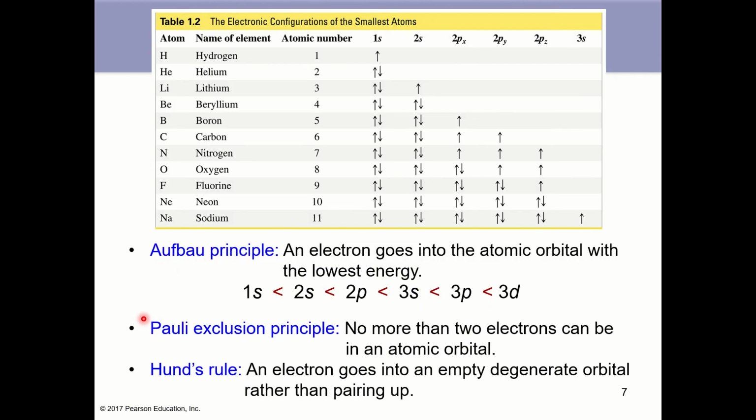So remember also the Aufbau principle: an electron goes into the atomic orbital with the lowest energy first, so 1s is always filled before 2s, and etc. Remember the Pauli exclusion principle. Each atomic orbital in a shell, so in a row of the periodic table, we are going to fill those orbitals with no more than 2 electrons, and as we change energy levels,